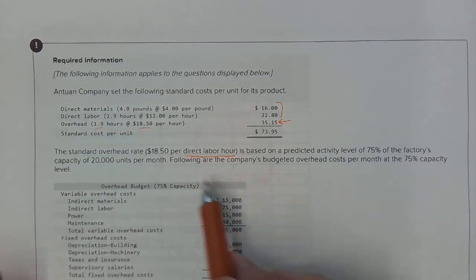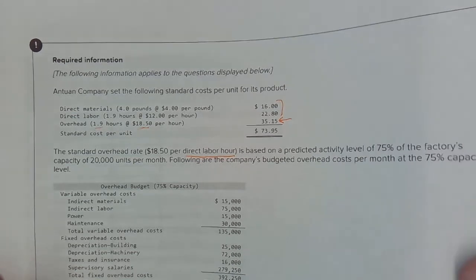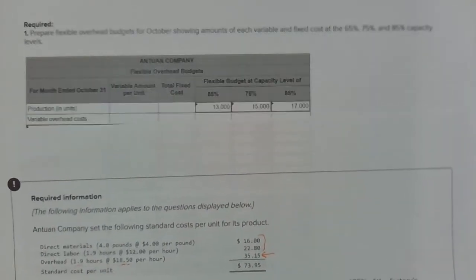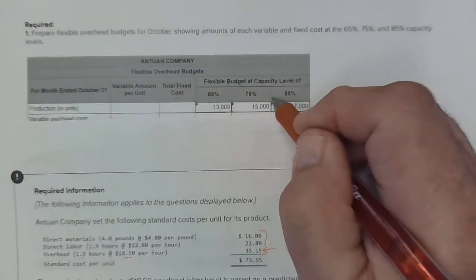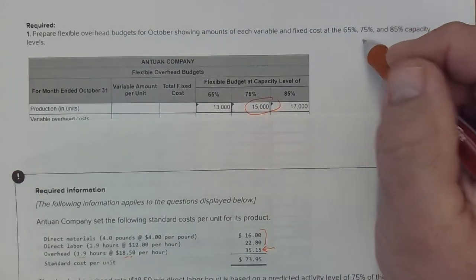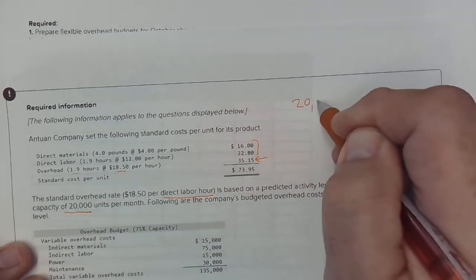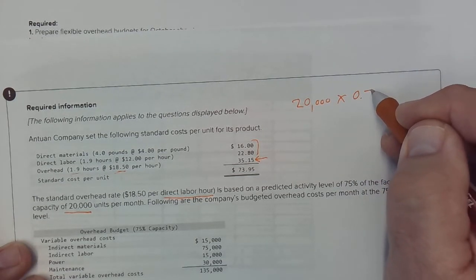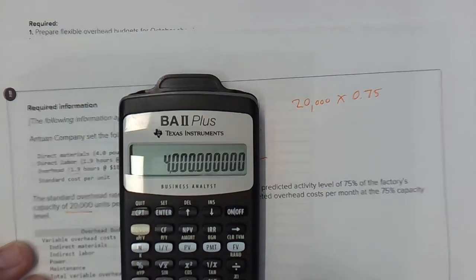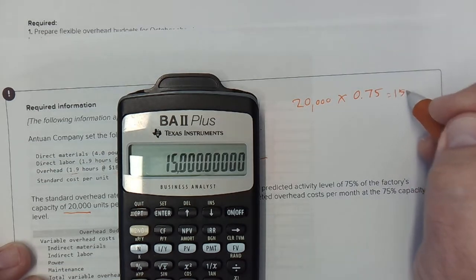So let's take a look, and this is our budgeted information, and that's been transferred over here to our calculations. Now, this first number, the 15,000, that's of course, if we take the total capacity, it tells us the total capacity is 20,000 units. So we take 20,000 units, and if we multiply it by 75%, which should be 0.75 if you change it to a decimal. Okay, so you get 20,000 and you multiply it by 0.75, that gets us the 15,000 units. So that tells us the number of units here